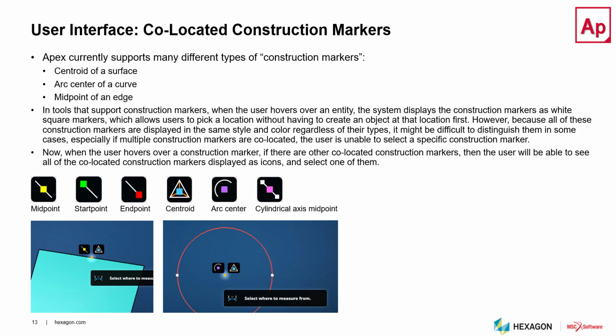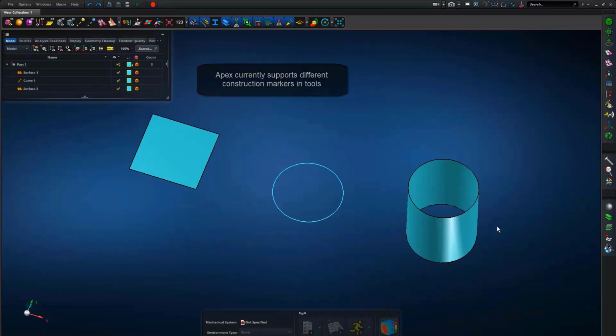Well, sometimes there are co-located construction markers, as you can see here. Things like midpoints or endpoints or centroids or arc centers or cylindrical axis midpoint. And sometimes Apex can get confused, or the user can get confused on which one they're actually selecting. And so if 2 or more of these exist in the same area,